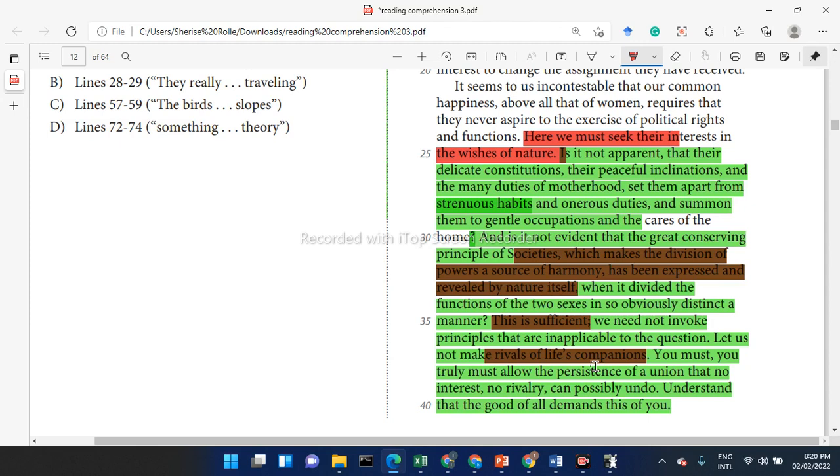If men ought to be in politics and only men, then let them be in it. If women ought to do home duties, then let them be in it. Like, let's not try and make it where women try to be in politics and men try to be in the home. Let's not have a tug of war, because his case is that if we work in our own specific locations, we will have a better source of harmony and we would have the good of everybody, right? He's saying that the good of all demands this.